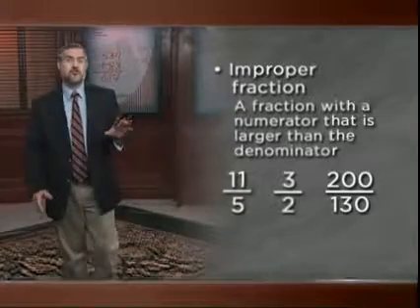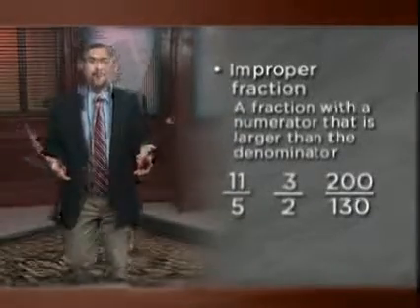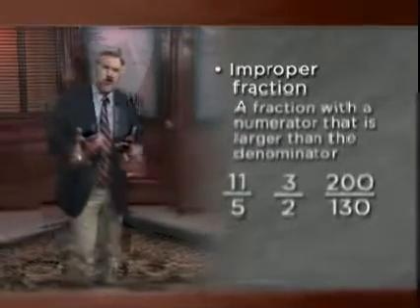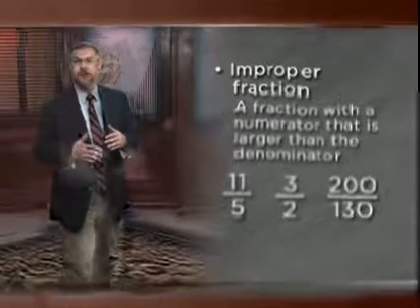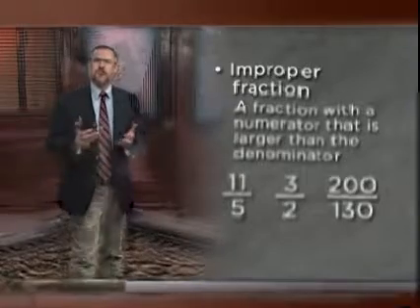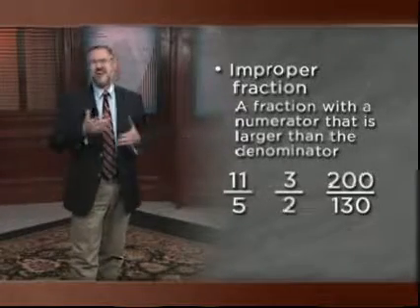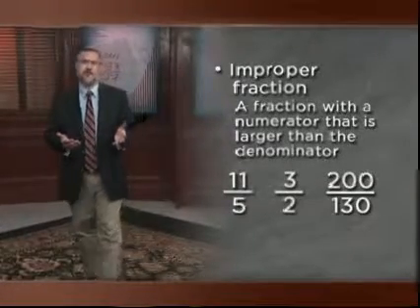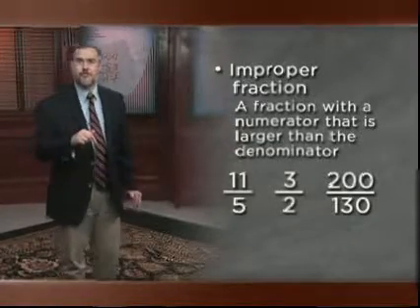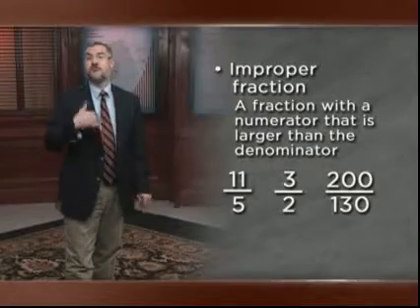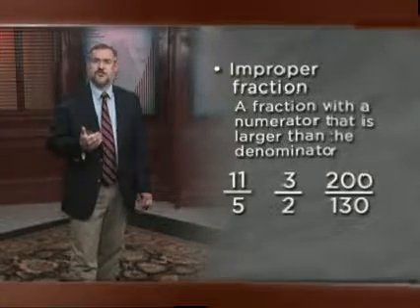I'm honestly not sure why these are called improper, but it almost sounds like there's something wrong. Well, you know, like when someone tells you your behavior at the dinner table is improper, it usually means you're doing something that you shouldn't. Well, here it's not that much of a problem to have improper fractions. However, there's a way to rewrite improper fractions so that the numerators are smaller than the denominators, and these are